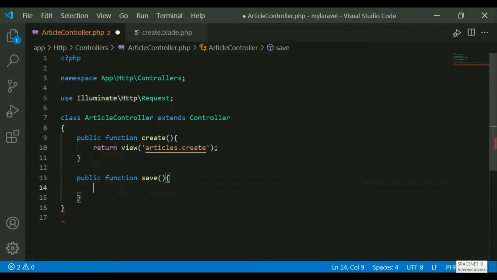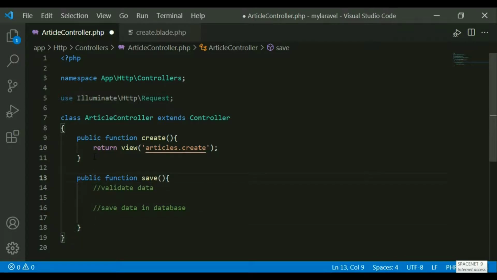Okay, so this is the function where I want to validate the data that is coming from the form. Then if the data has been validated, it should submit the form and save the data into the database. Save data in database. That's it. So these are the two points I want to take care of.